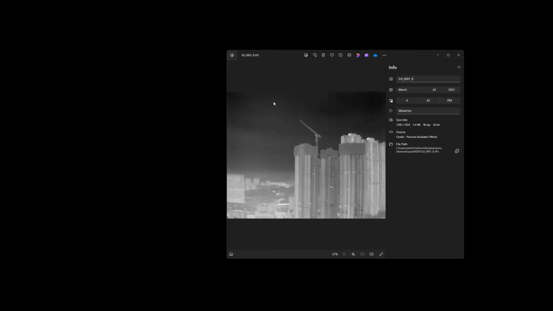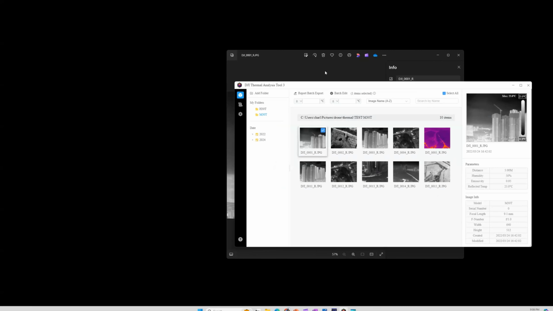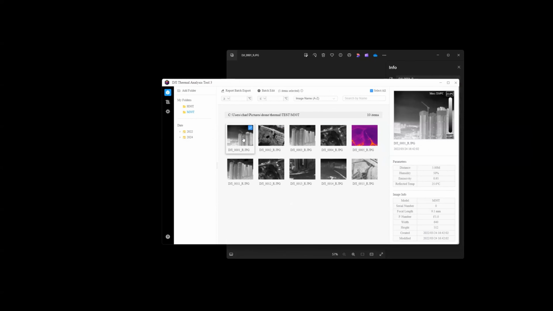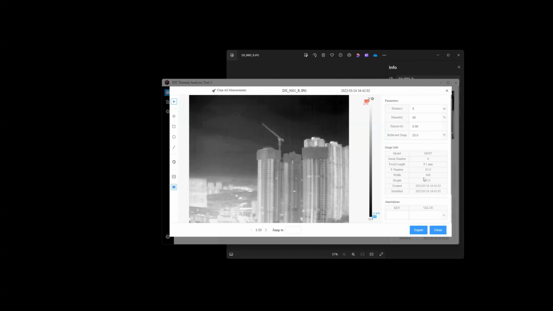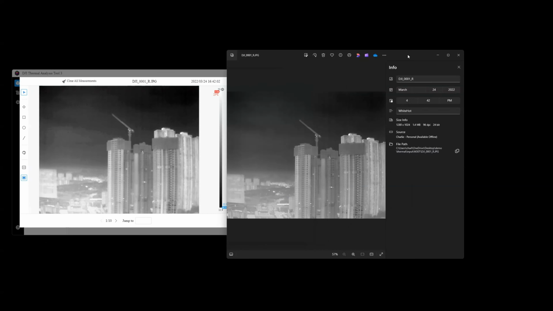This was a Matrice 30T, I believe, that captured this. We see that the image size is 1280 by 1024. If we take that same image and go into DJI's thermal analysis tool and open that image, we see that the image is 640 by 512. And the reason there's that discrepancy between these two is